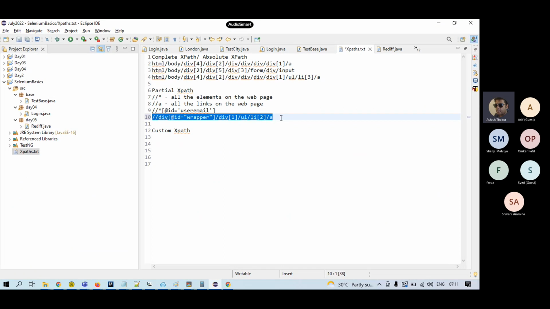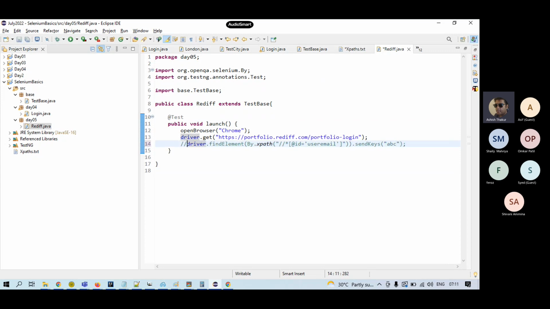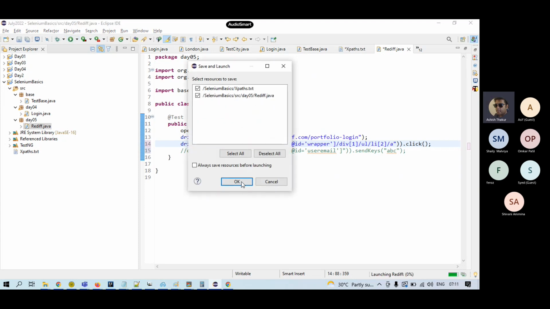It searched for the nearest element with an ID. You can replace double quotes with single quotes so that it can be used in the code. And probably you can use this XPath as well. If you want to click on the link, you can write driver.findElement by the XPath, this dot click. So when you run this code,